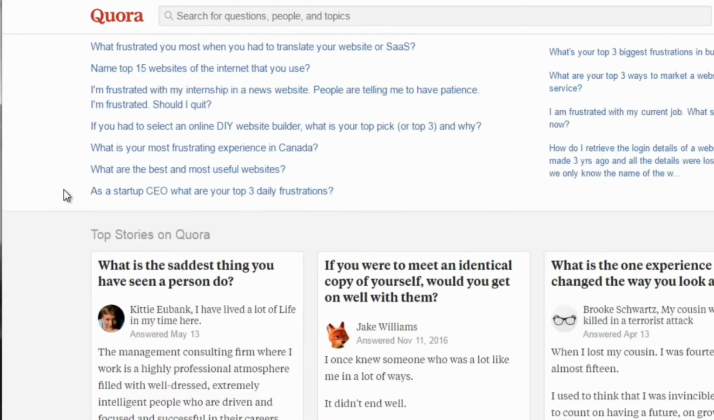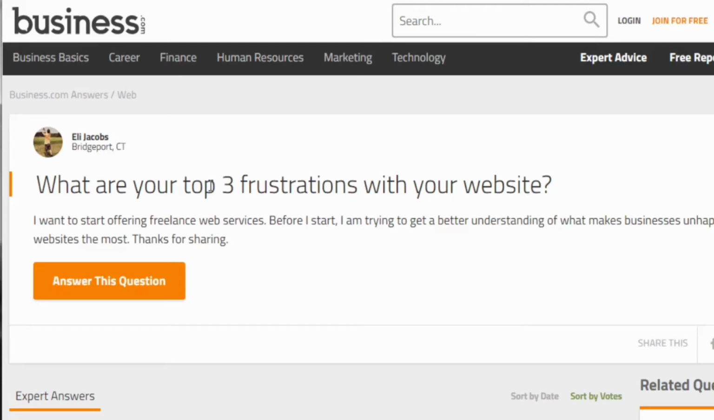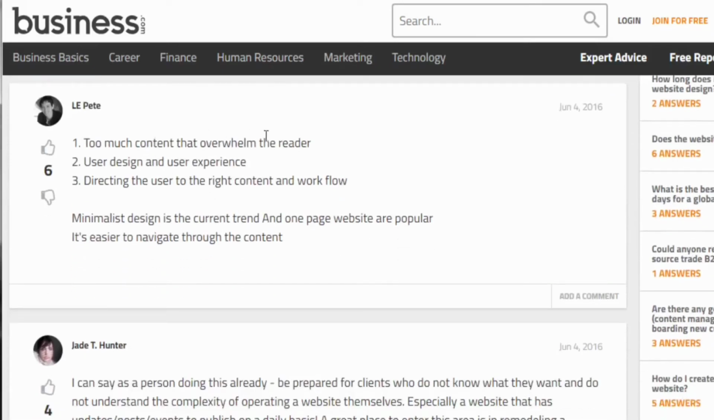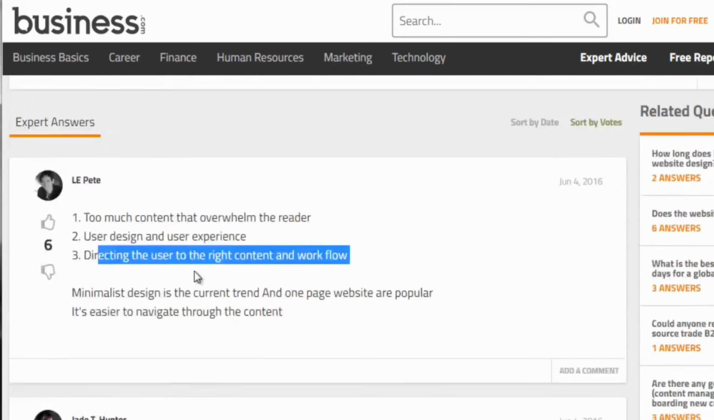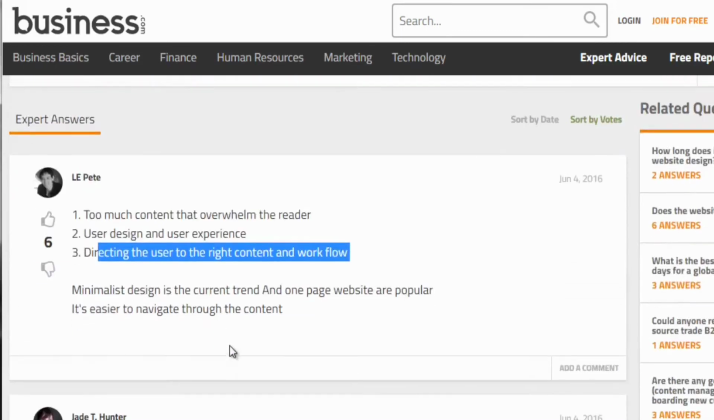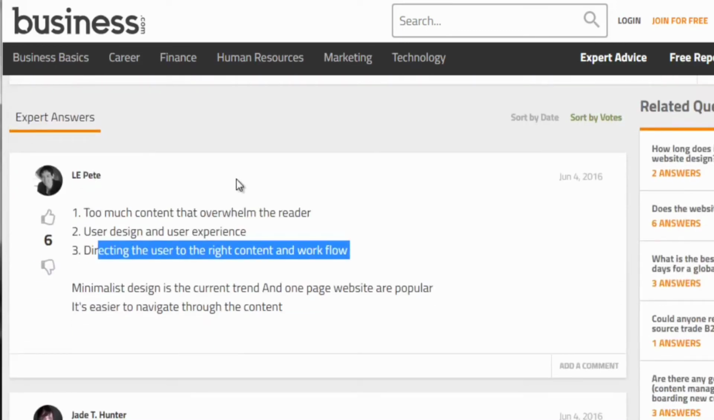And then we go down and let's look at a different article. What are your top 3 frustrations with your website? Too much content that overwhelms the reader, user design and user experience, directing the user to the right content, and workflow. So going through here, what you're looking for is a pattern. If you can see several people saying, I have problems because just finding fresh content is a big roadblock in my life. If you see tons of people saying that, the next thing you want to do is